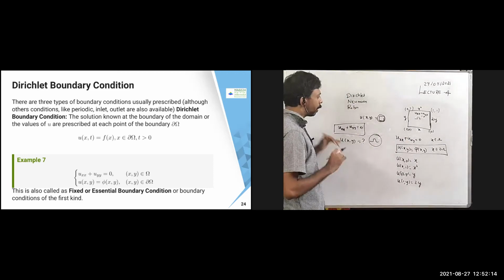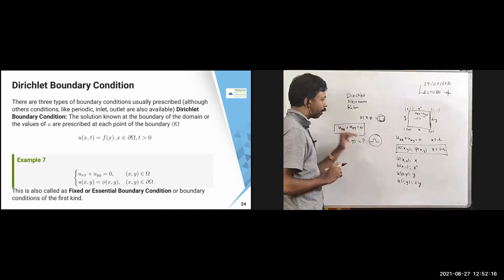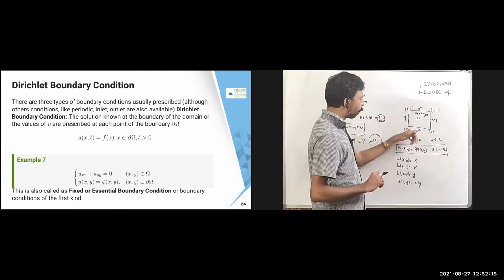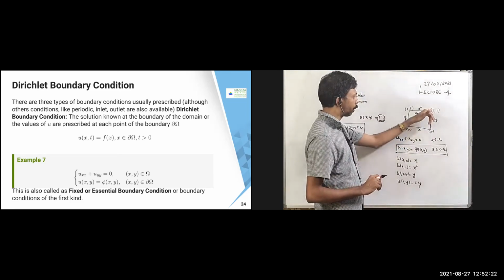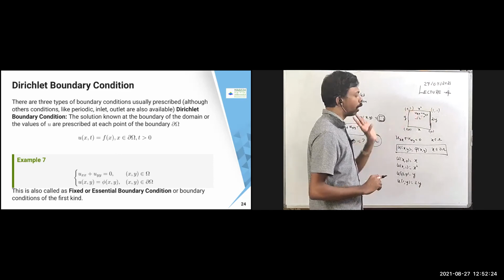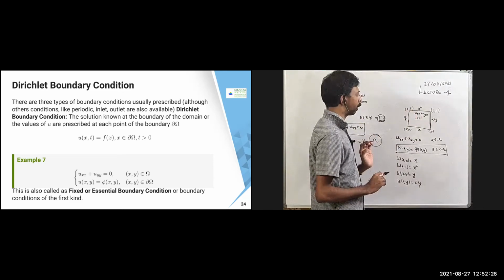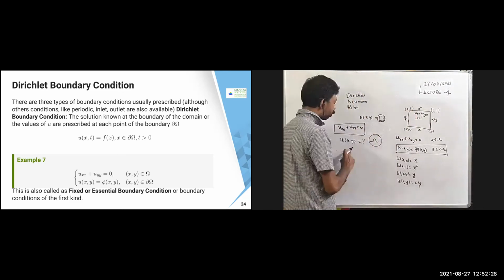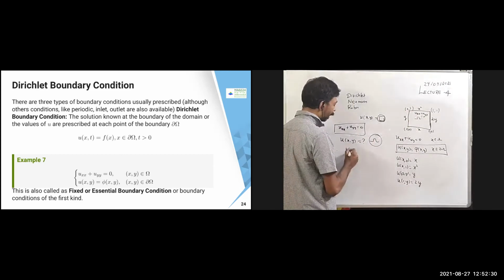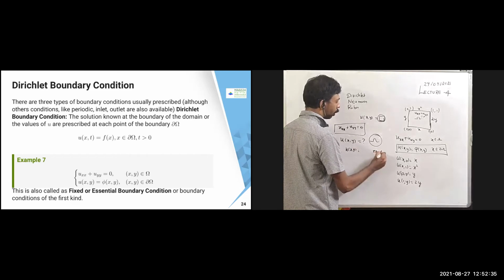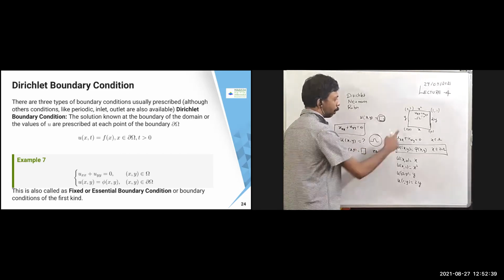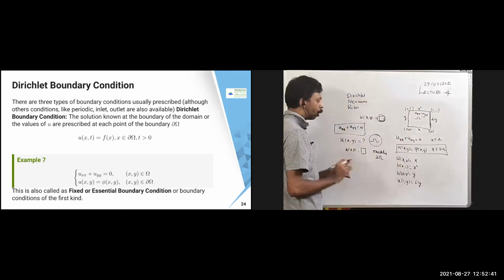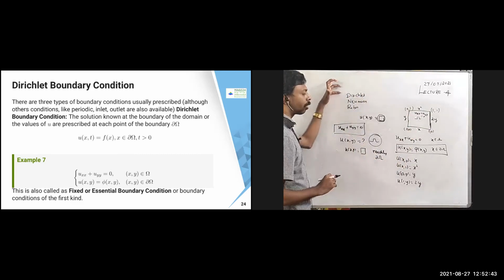Now in addition, there is a condition given to you. The condition is that at the boundary, at this boundary I have given some condition, at this boundary I am giving some condition, and this boundary, this boundary. So all four boundaries I'm going to give some conditions. Now the question is that suppose you know the values of u of x comma y exactly. Okay, this is very important. Exactly you know what is the value of u of x comma y on dou omega, means the boundary of the domain. Then in that case, that is called Dirichlet boundary condition.